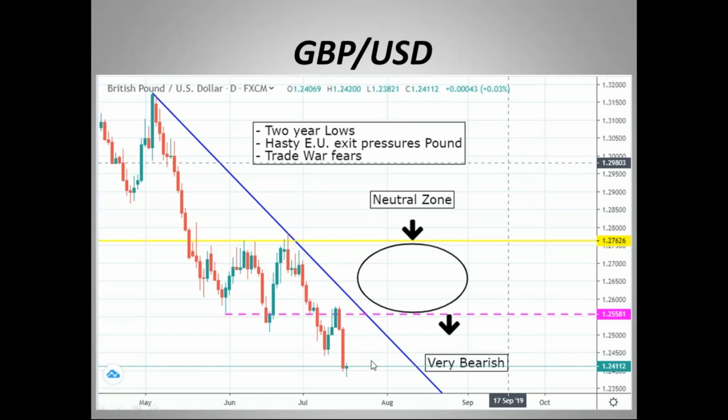Before that, I think that as it comes towards this downward sloping resistance, be very careful buying it because it's most likely going to snap back in your face. That's if the currency is truly diverging, and if that's the case, then we're looking at an overall trend move that will probably continue for the next few months.